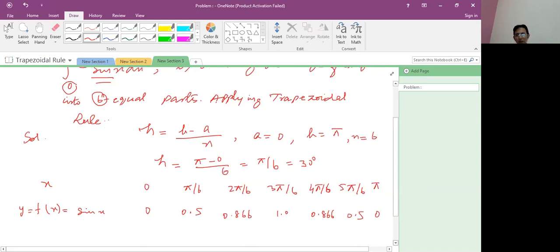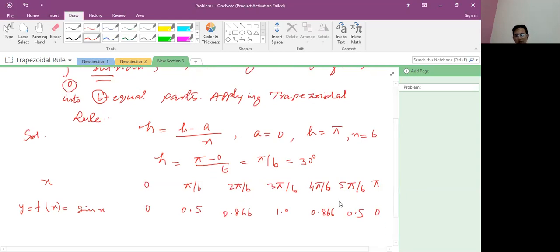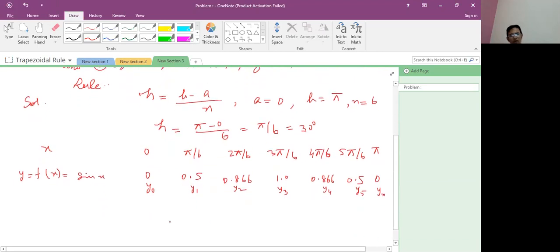After finding the values of y with the help of the calculator, we write the names, student: y0, y1, y2, y3, y4, y5, and the last value we call yn according to the formula. So student, applying the trapezoidal rule,